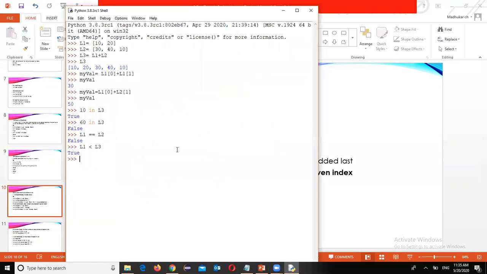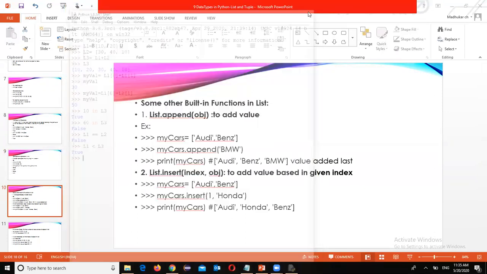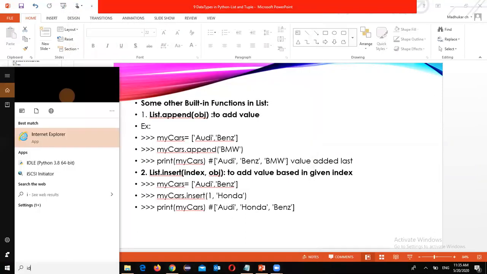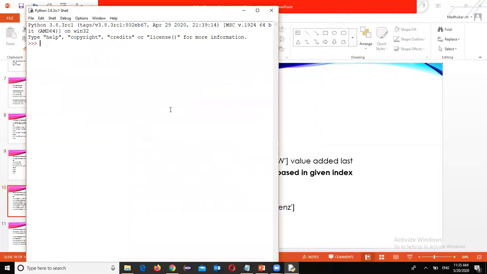Now let me go for one example here. My cars equal to, initially I'm going to give RD and Bench. Now I want to add one more value in this list.